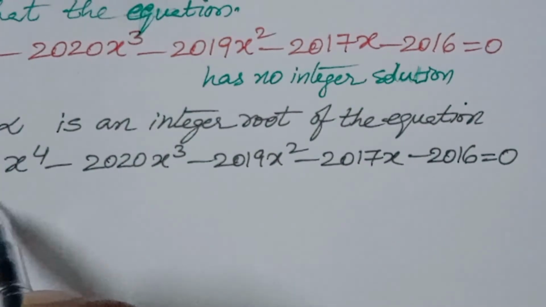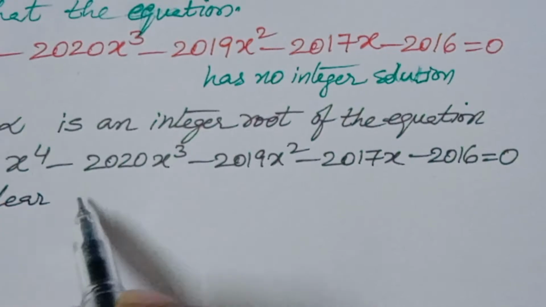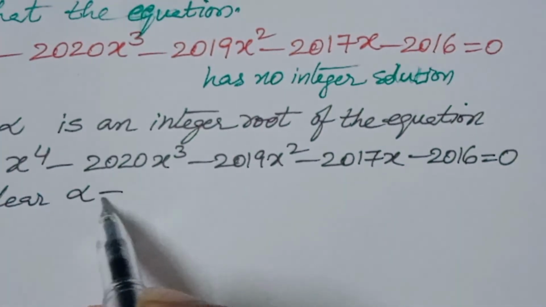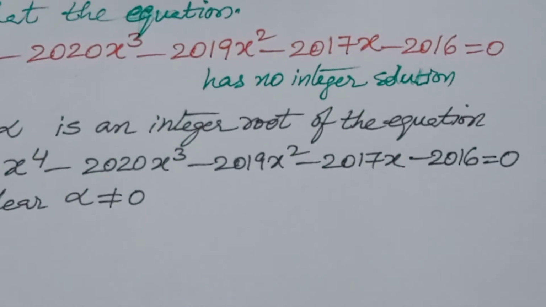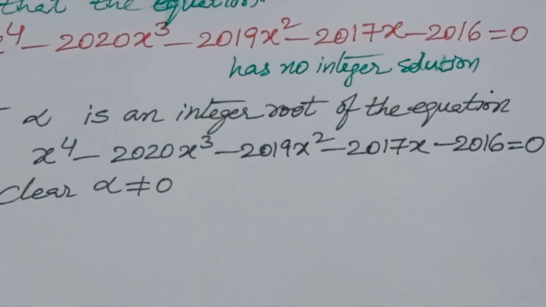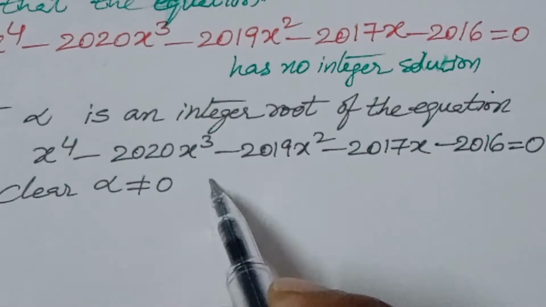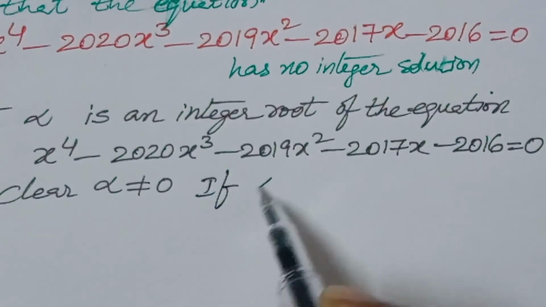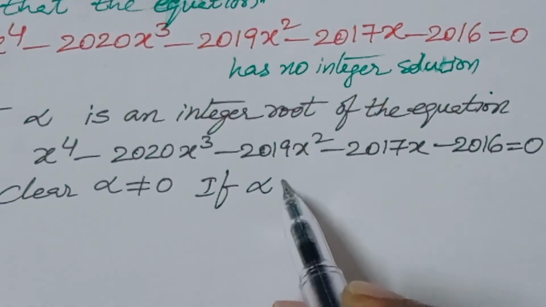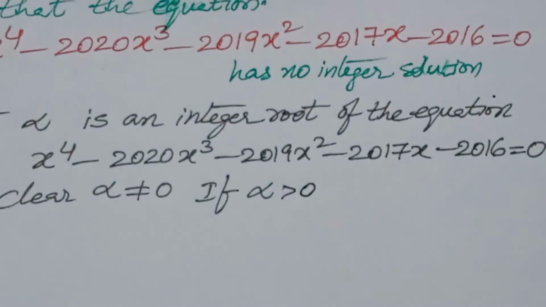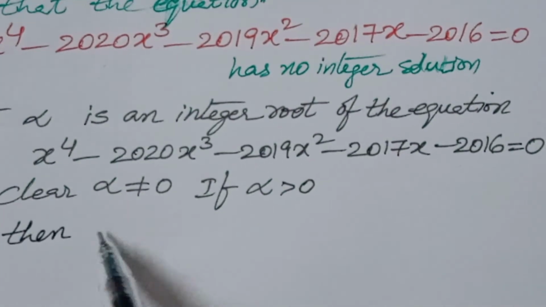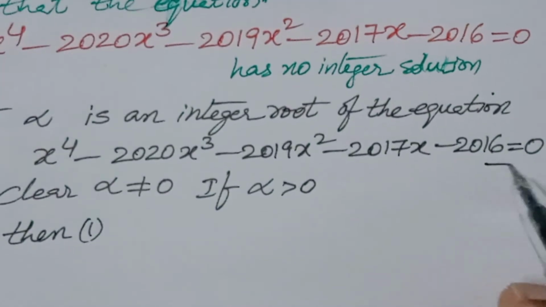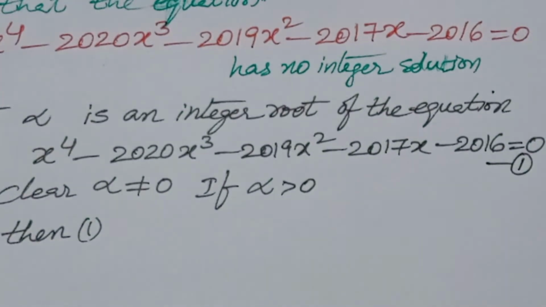Here it is clear that alpha is not equal to 0. If alpha is not equal to 0, it should be greater than 0. If alpha is greater than 0, then equation 1 will become